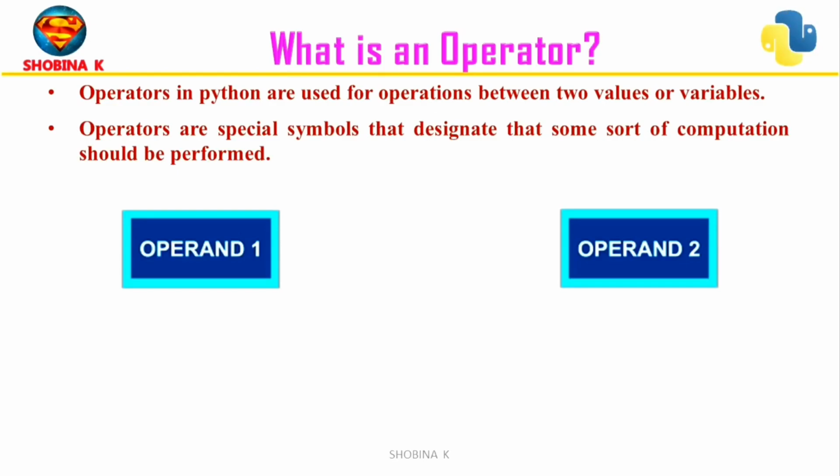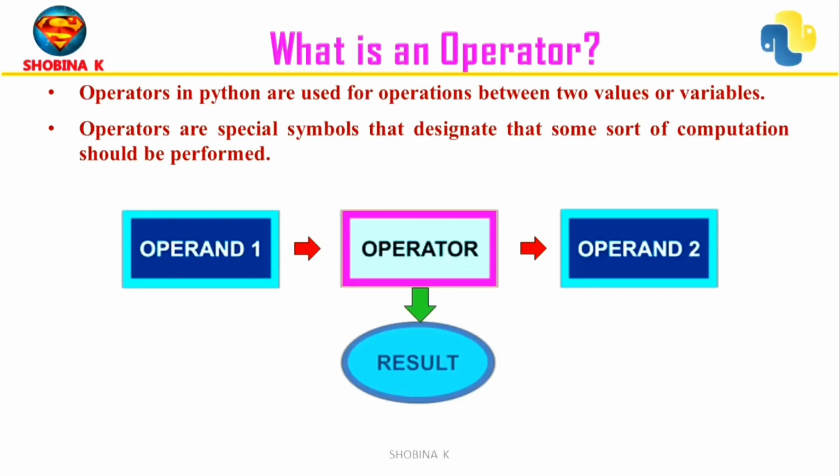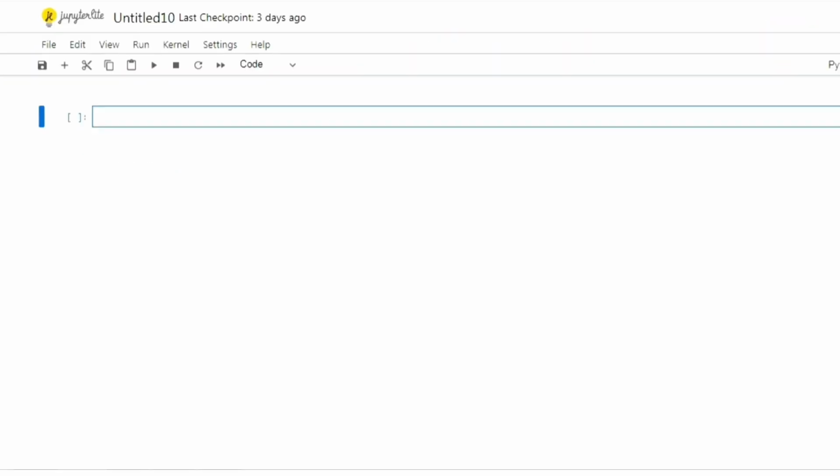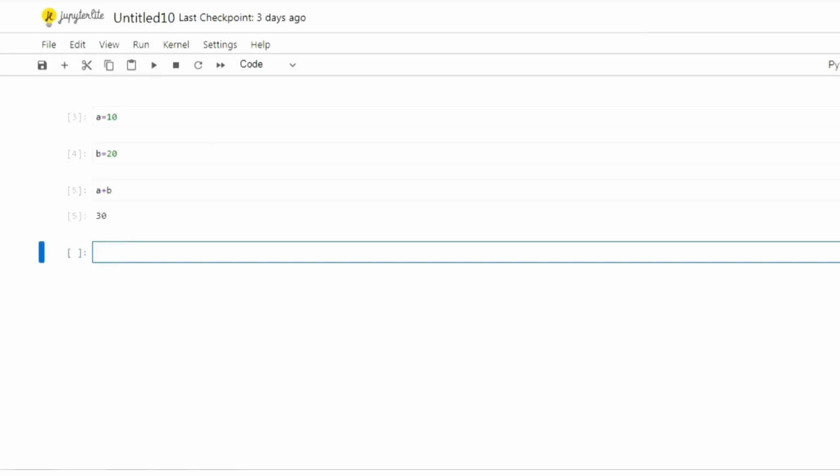Let's take an example here. We have two operands, operand 1 and operand 2. When I add an operator between them, we can get the result according to the type of operator that we are using here. Let's see an example. Here A is assigned the value 10, B is assigned the value 20. The expression A plus B uses the plus operator to add the values of A and B together. A and B are the operands. The plus operator performs the addition operation, adding the values of A and B. So the plus operator acts as the addition operator, where A and B are the operands on which the addition